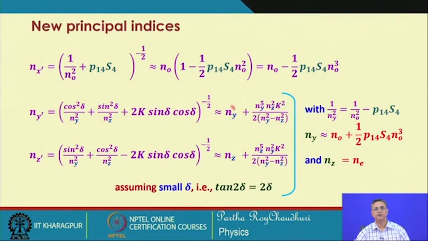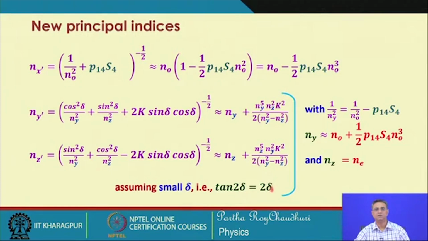So, after this binomial expansion we can write in this form. This is the form, and once we know the values of n o, n e, p 14, s 4, p 44, s 4, we can evaluate the new n y dash and n z from here. This has been possible only after substituting tan 2 delta equal to 2 delta. It requires a little involved calculation, where this delta is very small for this particular